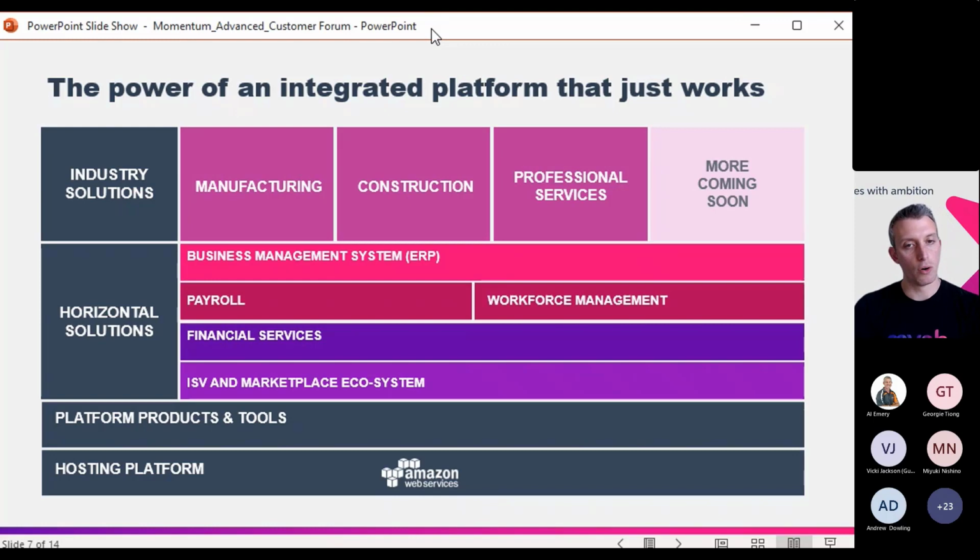Then we have what we're calling horizontal solutions. This is how you'll see us continue to talk into the future, where we talk about capabilities in that marketplace that other ISVs are able to provide, which extend what we can do. We don't believe that we can do everything for everybody. Anyone who does is more game than I am. But that openness is what allows us to service those edge cases, because there are going to be other people out there who can create capabilities better than we can for certain applications.